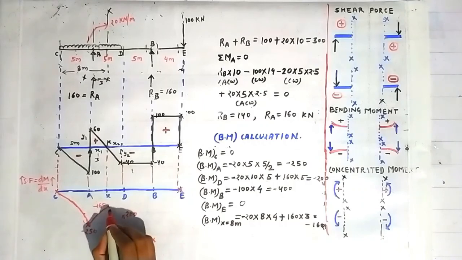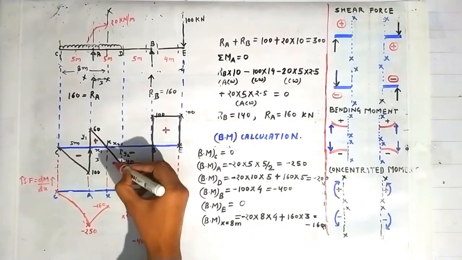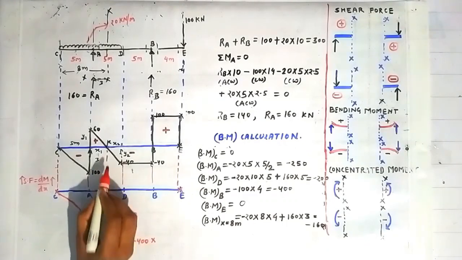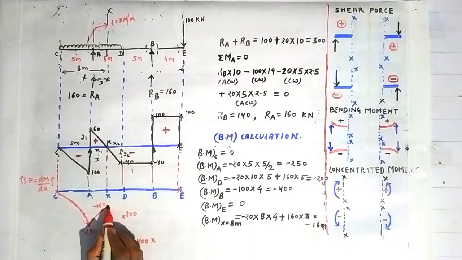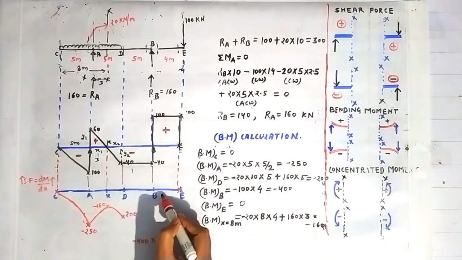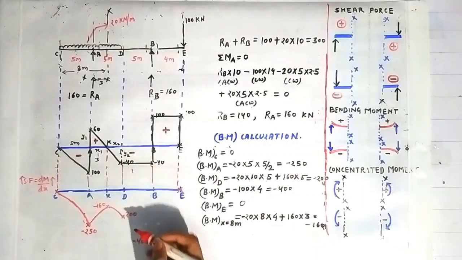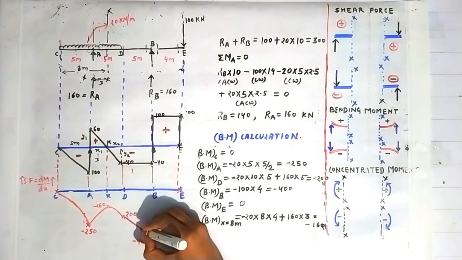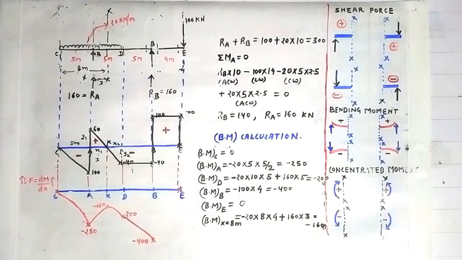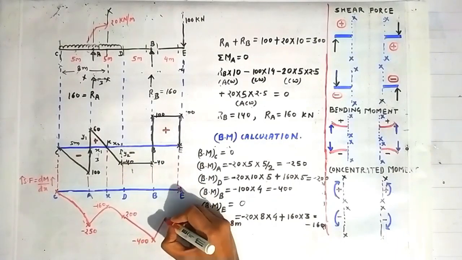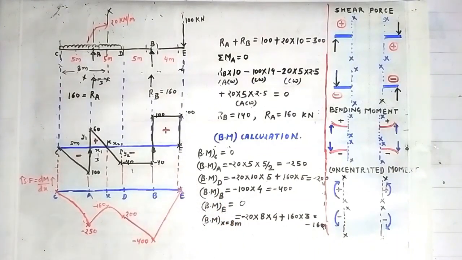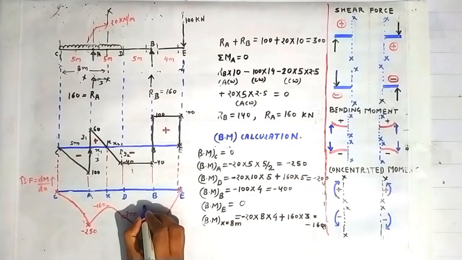Now friends, join these 2 points with an increasing slope parabola. Why? Because between the point K and D the shear force is increasing, so the increasing parabola will go like this. Between the point D and B we know that the shear force diagram is a horizontal line. That's why these 2 points must be joined with an inclined straight line. Between the point B and E the shear force diagram is a straight horizontal line, so the bending moment diagram will be a straight inclined line. So this is our bending moment diagram. So this whole area is